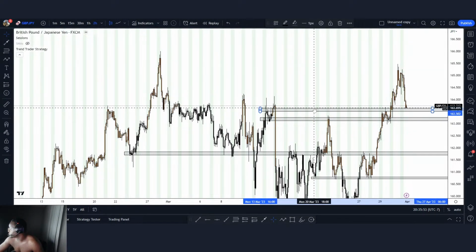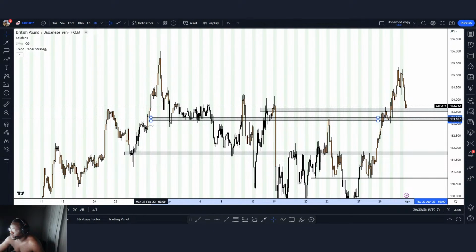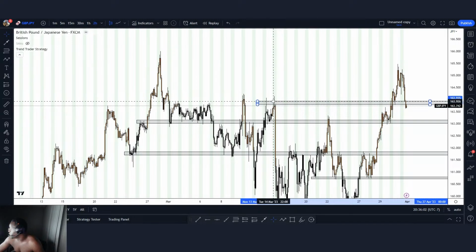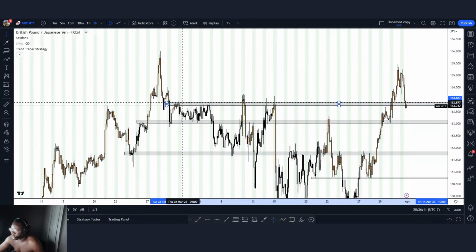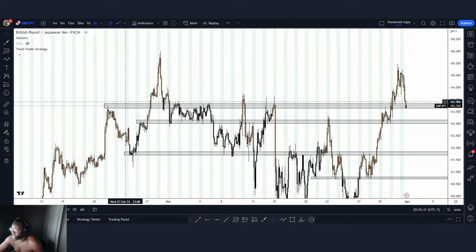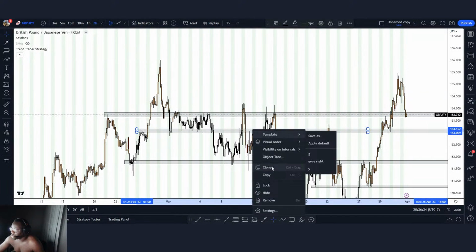I'm gonna clone that. The next one we're gonna put is right here. We're gonna extend this out just so we can see how many times price reacts and tests the level. So we're gonna do something like that, right? So now we got that level highlighted, and then we're gonna clone this one,